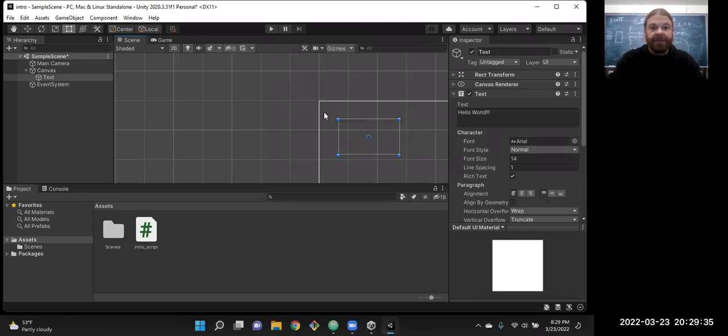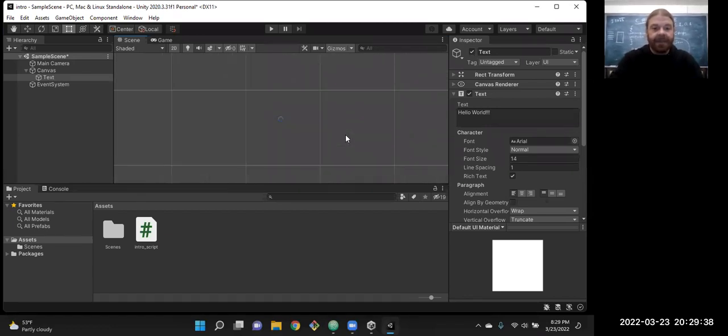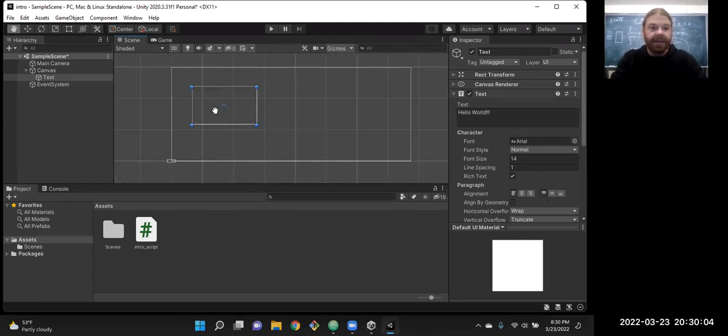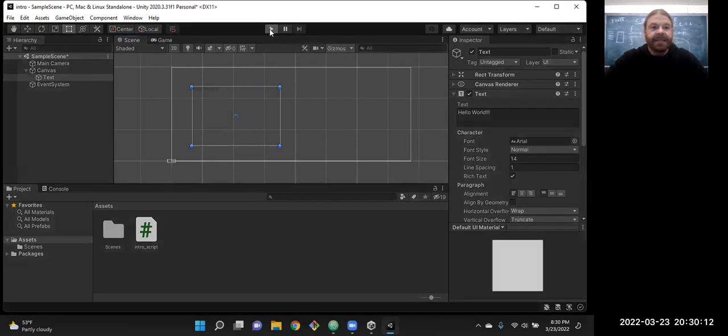So I'm on my mouse pad right now, which can be a little odd. You might want to use a regular mouse. That'll make a difference. I brought one in here. A regular mouse has the middle button, because if we click and drag with that middle button, that pans for us. So that makes a big difference. On the mouse pad, I think it's usually Alt, and Alt drag simulates the middle button. But if we make this bigger, I think it just didn't have enough room to fit.